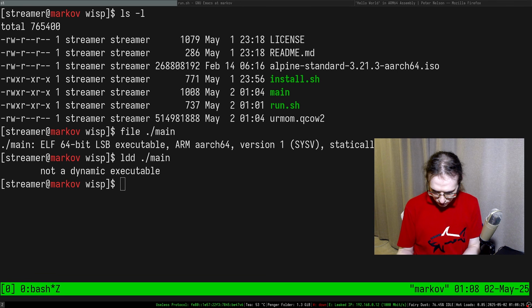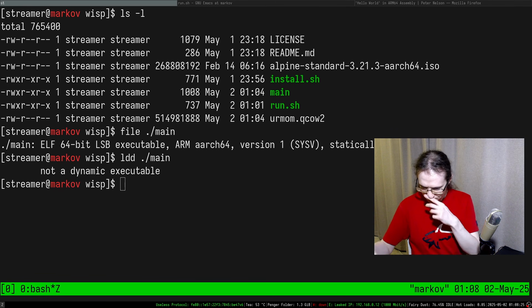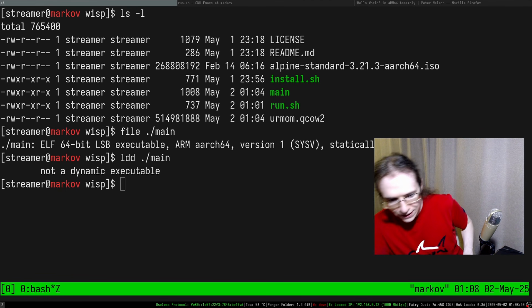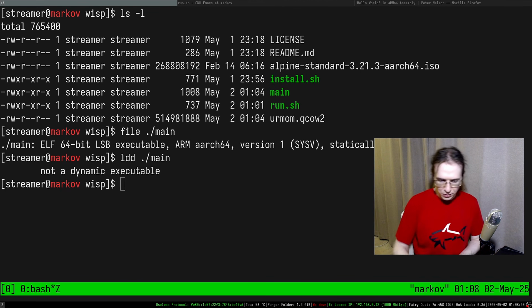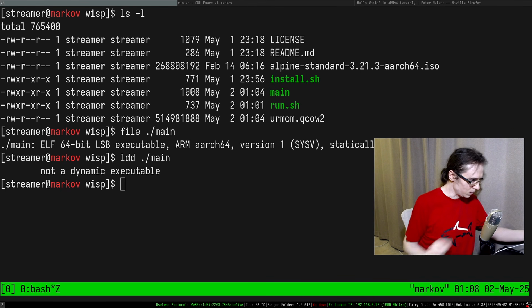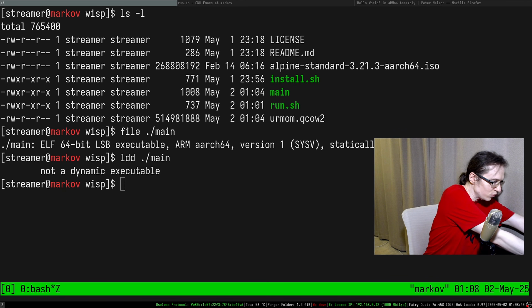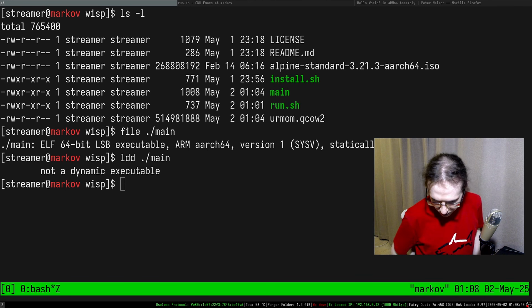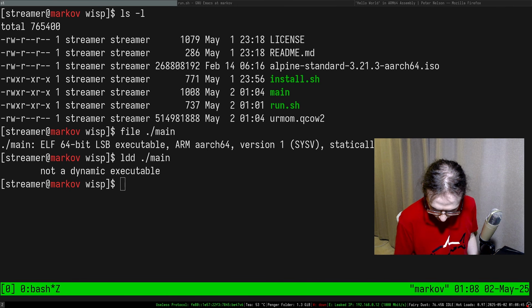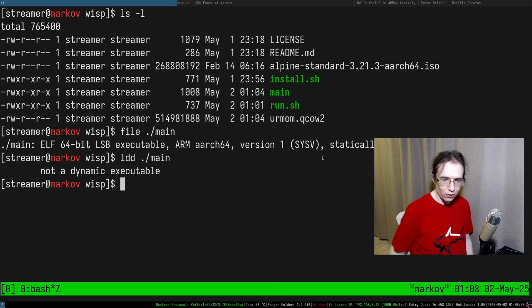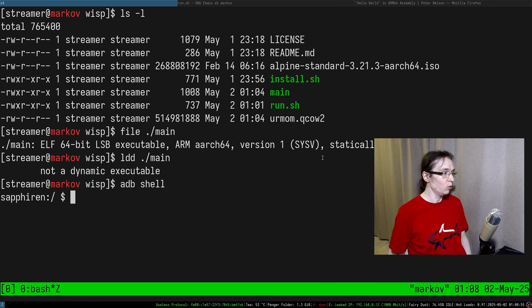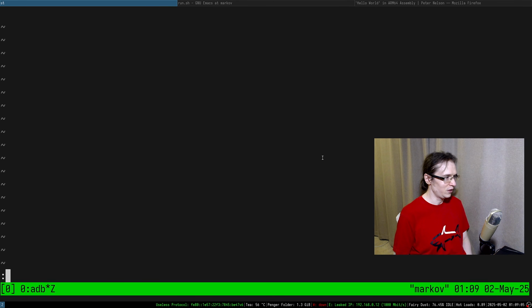So let me see. A lot of things. Okay, I don't have a spare USB port for this motherfucker. Okay. I'm going to try to connect through that. So I'm going to allow debugging. USB debugging is on. How do I connect to ADB shell? Oh, I did that. All right. That was quick, right? Because I keep forgetting how to do that, and it's as easy as adb shell. All right. So I have that, and I have everything.